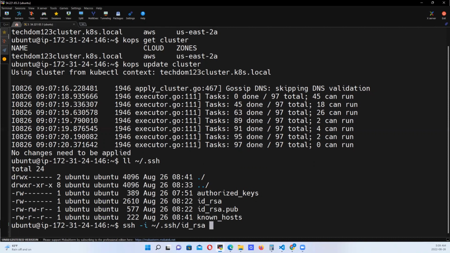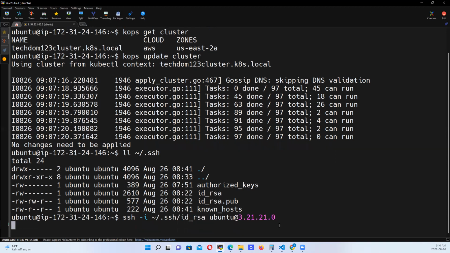So the location, who is the user? User is ubuntu, and ubuntu lives at this public IP address. So this is what we have: SSH -i, then this is the file name here, ubuntu is the user at this IP address. So if we enter,